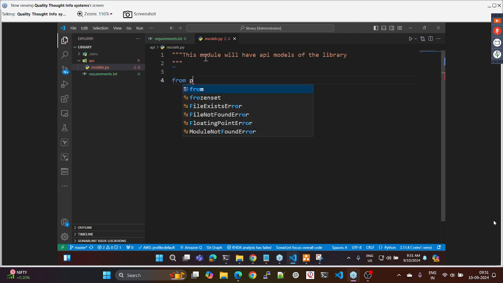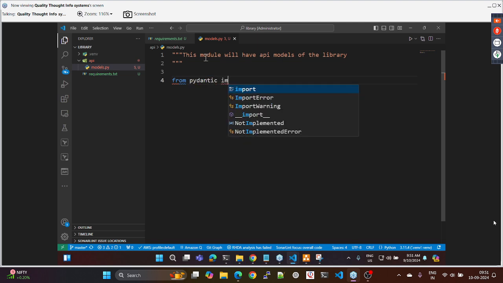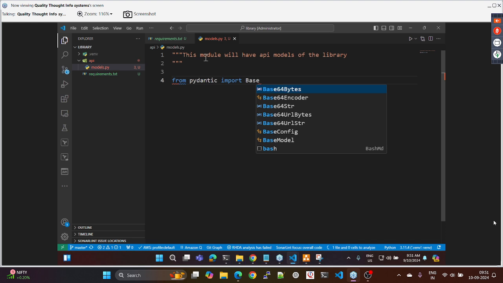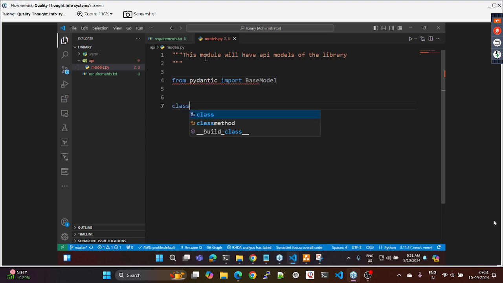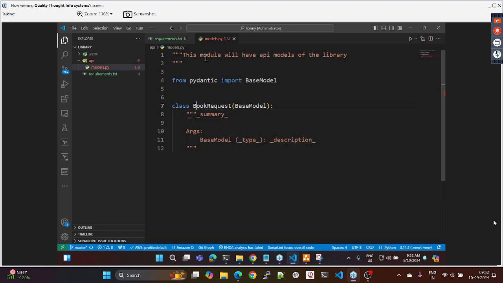from Pydantic import BaseModel. This is always standard. Now let me try to create class BookRequest, which is derived from BaseModel. Okay, so there is no need for you to create any arguments over here, but at least try to tell that this represents